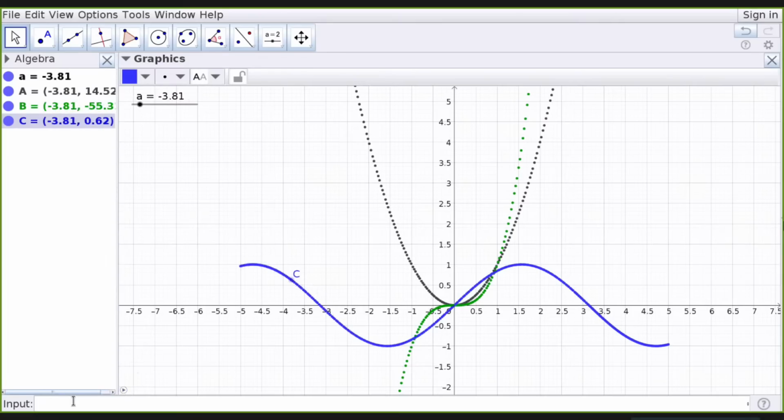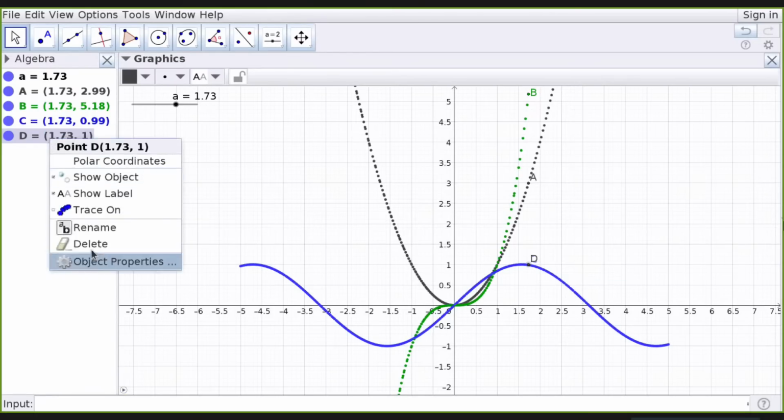Similarly, I will try one more construction. A, floor A. One more point should come. Yeah, there is one D.